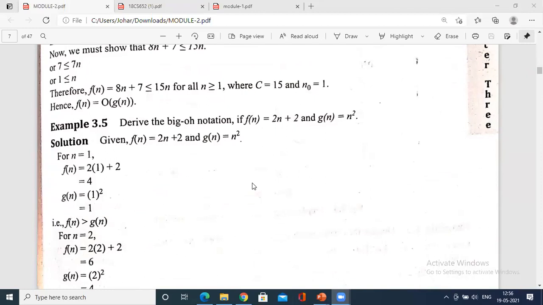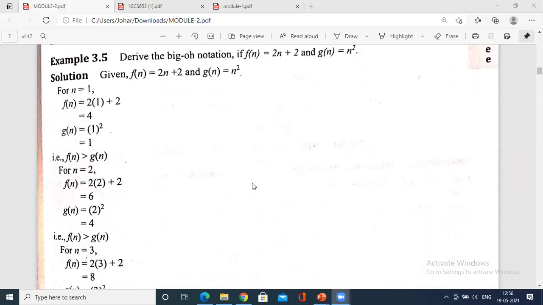So similarly, we have one more problem. So in this case, what happens? So analyze this, all of you. If you have a sheet of paper, will you be able to trace this f of n and g of n? Same thing, f of n is given as 2n plus 2. So g of n is n square. So we have to start with n equals to 1. For n equals to 1, what happens? We have f of n greater than g of n for this case.